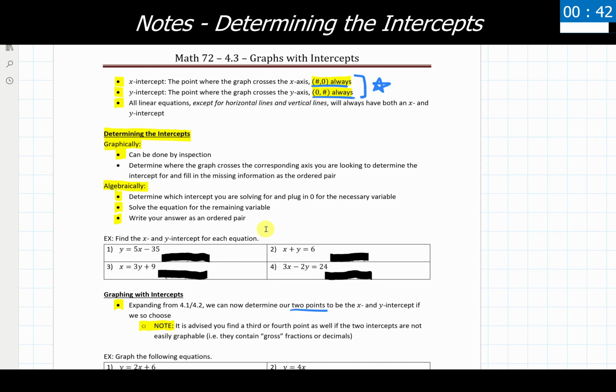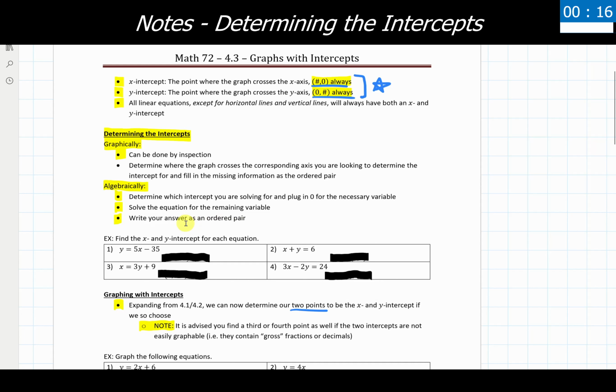As a note to anyone who is watching this and you are in my class, I will be docking points if you do not write your answer to an x or y intercept as an ordered pair. If you just say the y-intercept is 7 and the x-intercept is 2, I will not be giving you full points because it is asking for an entire point, and we need to list our answer as such.